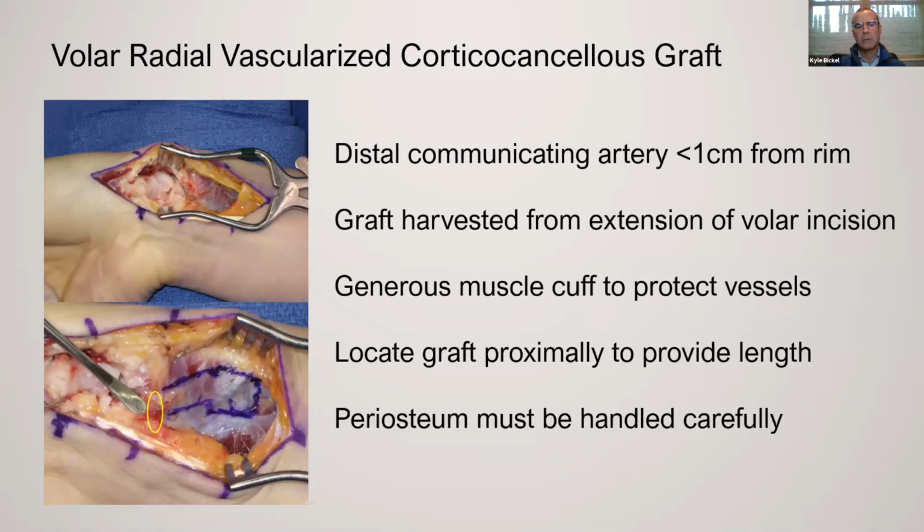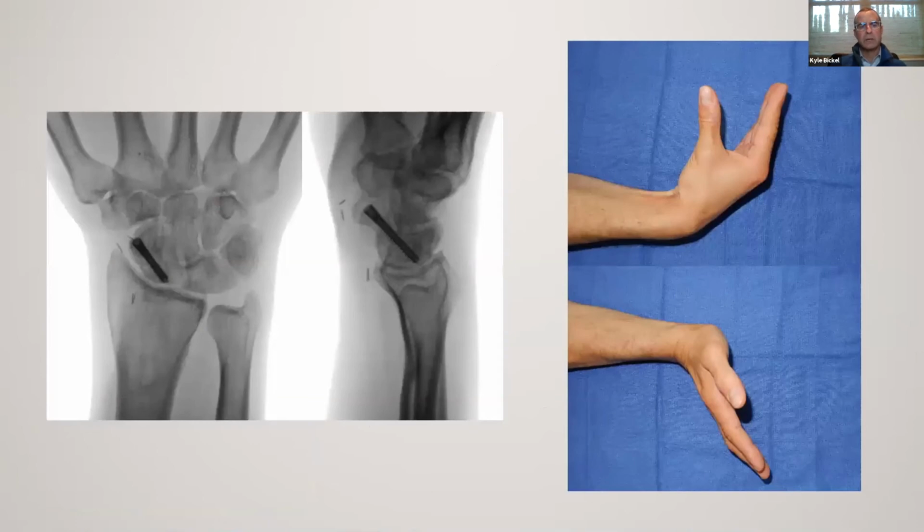And then the periosteum in this case has to be handled very carefully, because you'll find that the periosteum on the volar cortex is much less robustly attached than the dorsal periosteum. It slides off easily, so you have to really handle this very carefully, not to end up with your pedicle in one hand and your bone in the other. And here we see the result of that